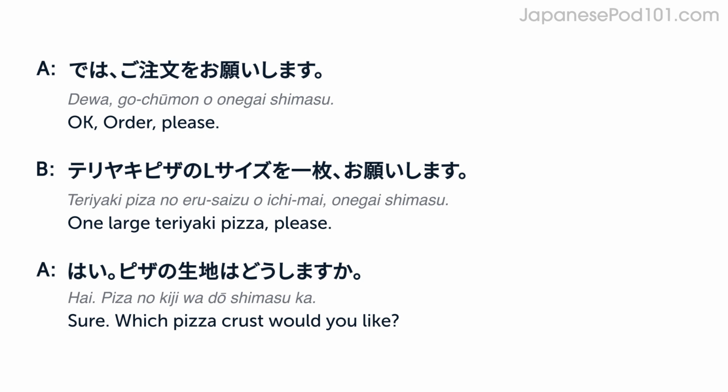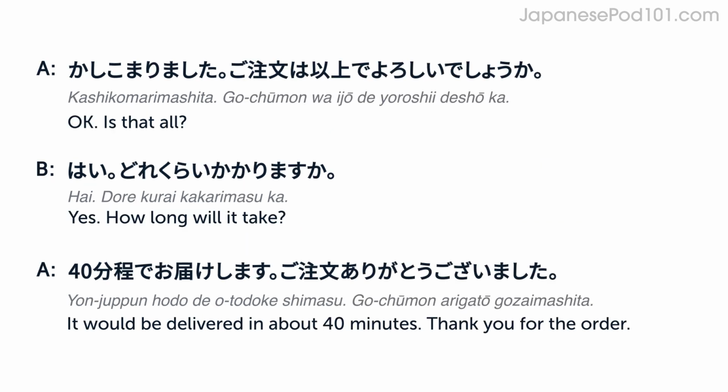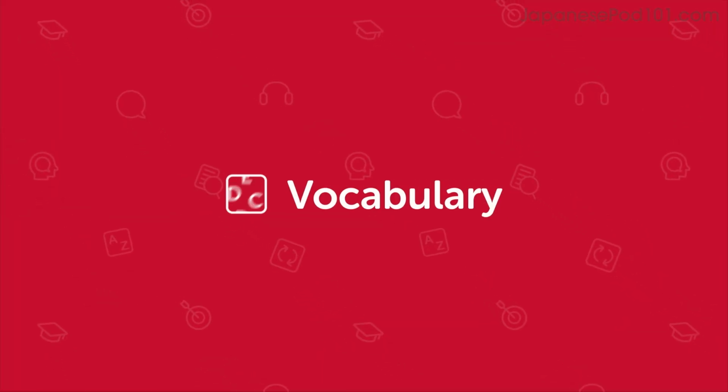では、ご注文をお願いします。 照り焼きピザの L サイズを1枚お願いします。 はい。ピザの生地はどうしますか？ どんな生地がありますか？ はい。パン生地タイプの厚い生地と、クリスピータイプの薄い生地がございます。 じゃあ、薄い方でお願いします。 かしこまりました。ご注文は以上でよろしいでしょうか？ はい。どれくらいかかりますか？ 40分ほどでお届けします。ご注文ありがとうございました。 Now you'll hear the key vocabulary, followed by the